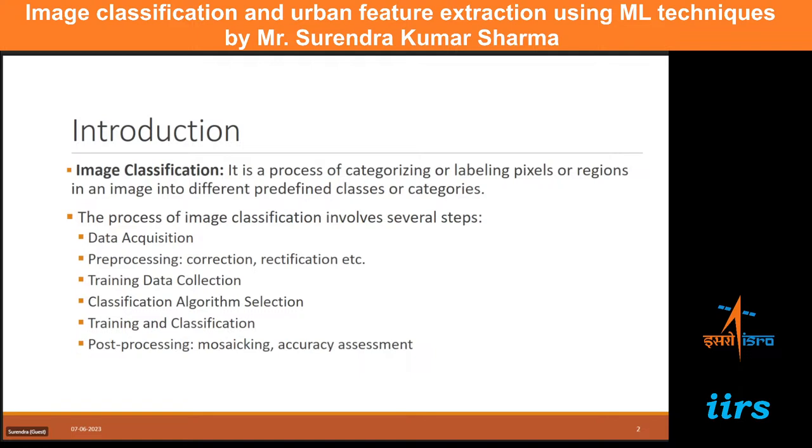Once the classification algorithm is selected, the next step is to train the model or algorithm on the training data. Once it is trained, we use either different parts of the image or a different image to classify using that trained model or algorithm. And in the last step, we do post processing. If our area is smaller, it may be covered in a single image. But if our study area is larger, for a larger project, in that case,